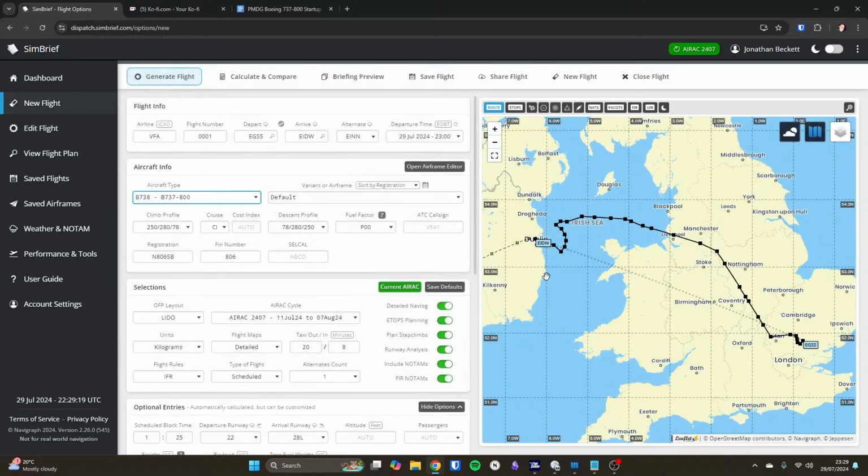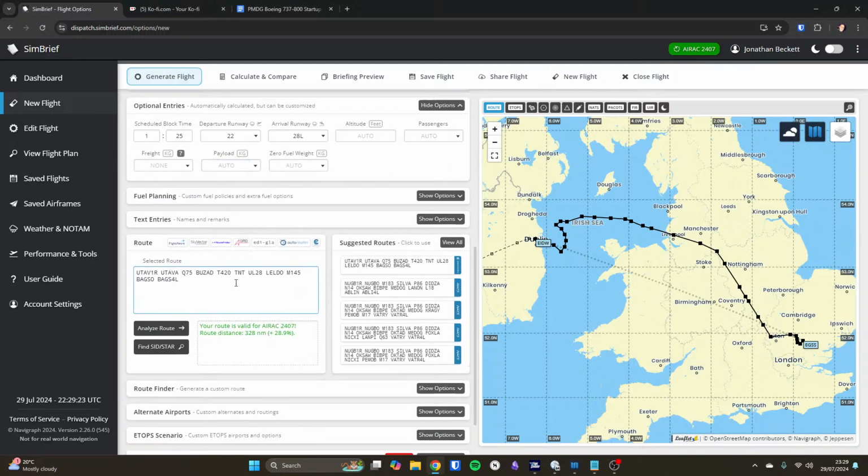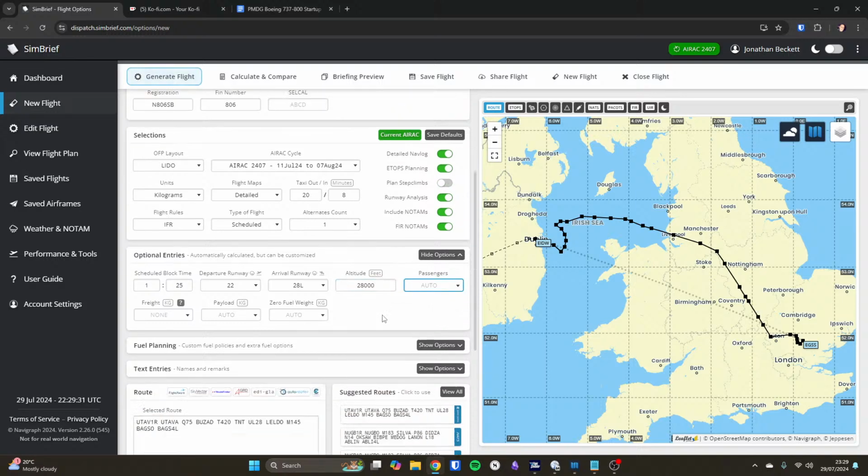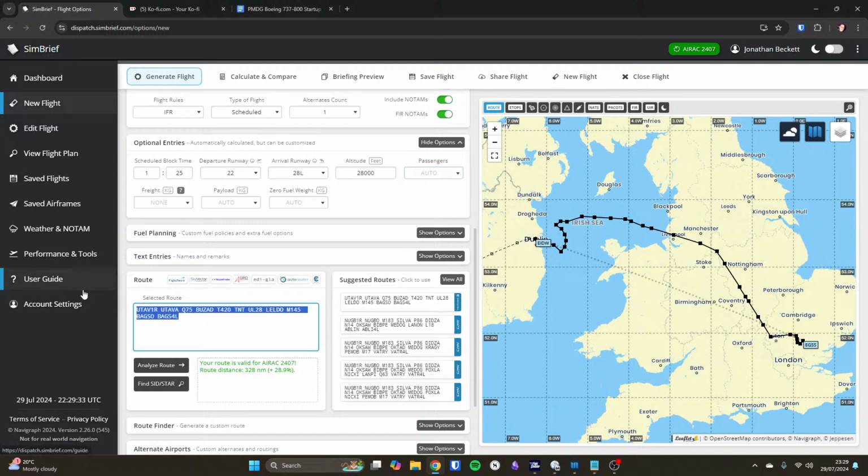So it's worked its own route out. We don't want to do the route, it says. So what we can do is scroll down. Actually, before we scroll down, we'll say our altitude. We want to fly at 28,000 feet for our cruise, and then for our actual route we'll go and paste in what we had earlier,